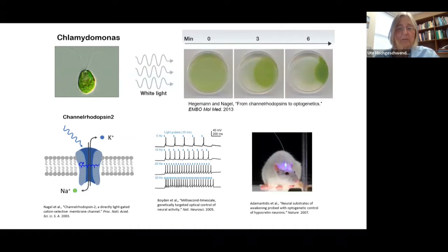And of course, in vivo, you can also do this. Again, light fibers get inserted in the brain, and genetically targeted channelrhodopsins then allow you to activate or silence neurons. Enough said here. What's a little bit less known is,